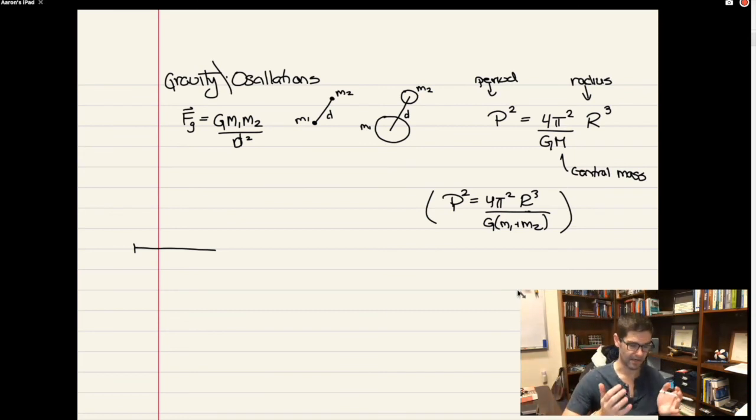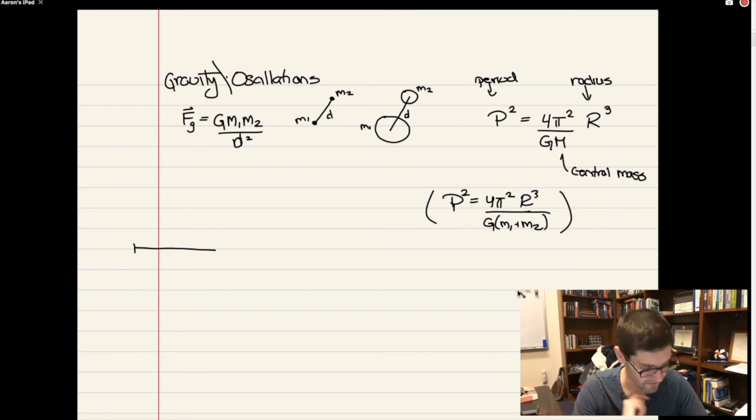Which is why when I said before in rotation, when we were talking about gravitational torque, I said just assume it's at the center of mass. I also said along with that, that's only true when the gravitational field is uniform. So when you're near the surface of the Earth, you can assume gravity is acting at the center of mass. If the gravitational field is not uniform, like in this case, where it depends on the distance squared between the two objects, which means that, for example,